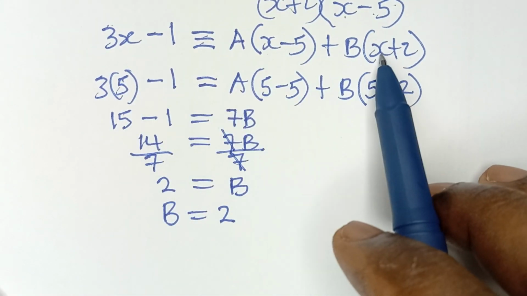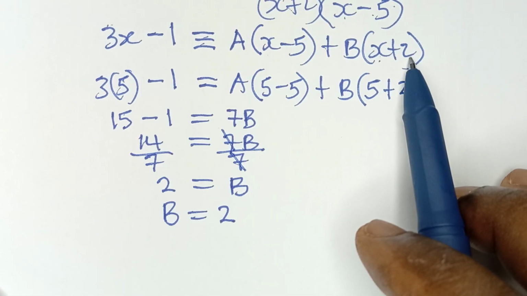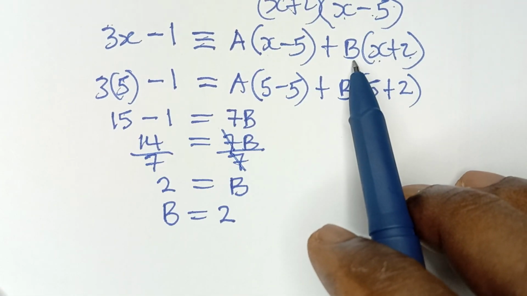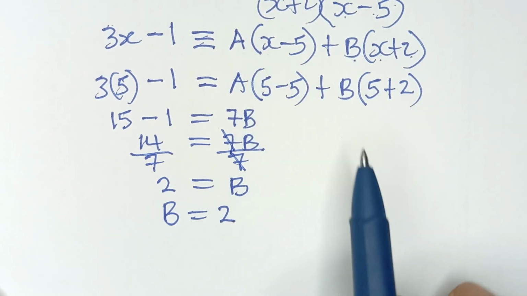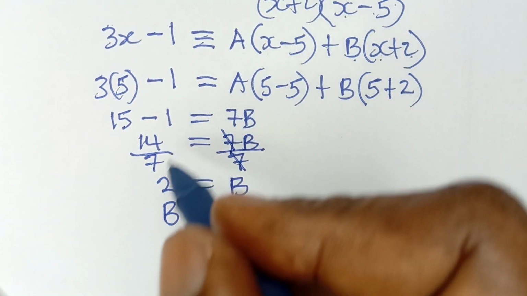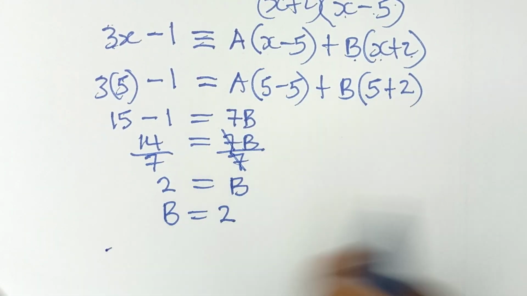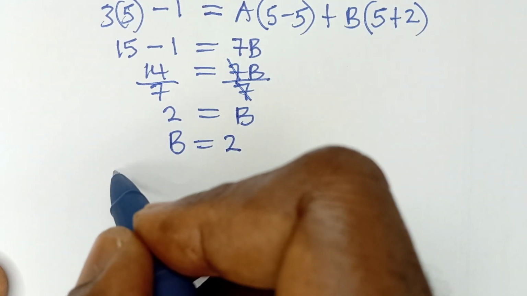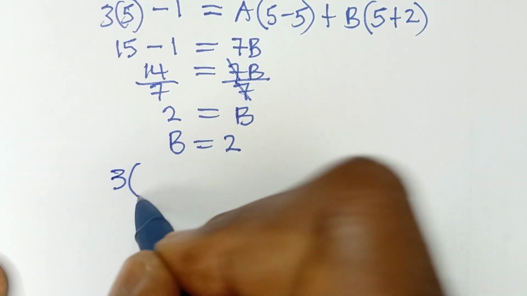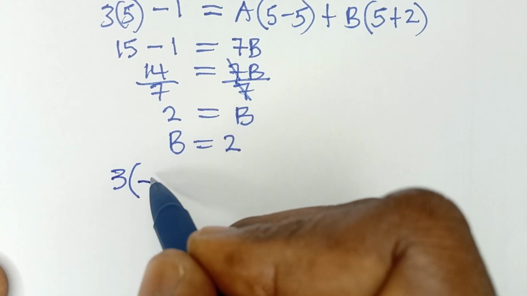So when we put negative 2 for x here, we are going to get negative 2 plus 2. And that will give us 0. So 0 multiplied by b is 0. And that means b will be eliminated. And that will help us to find the value of a. So let me write this down. So I'm going to say 3 multiplied by, we are taking x as negative 2. So negative 2